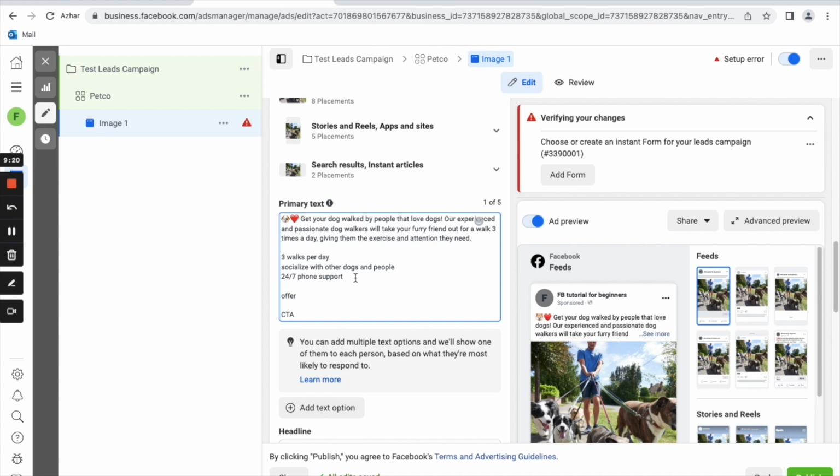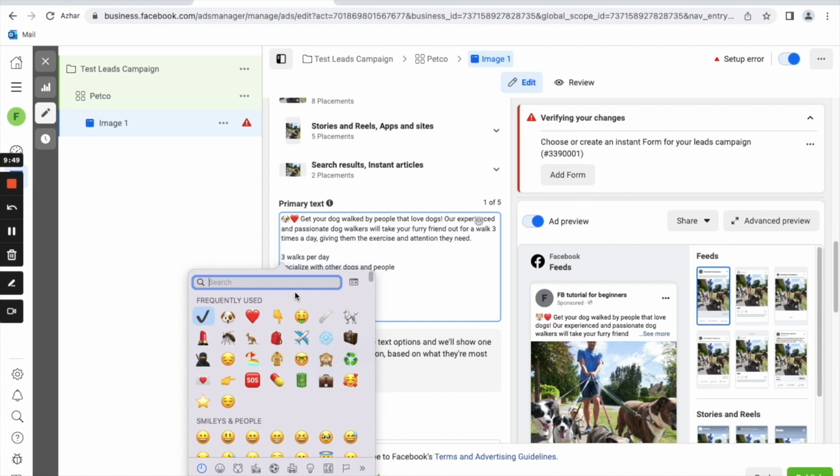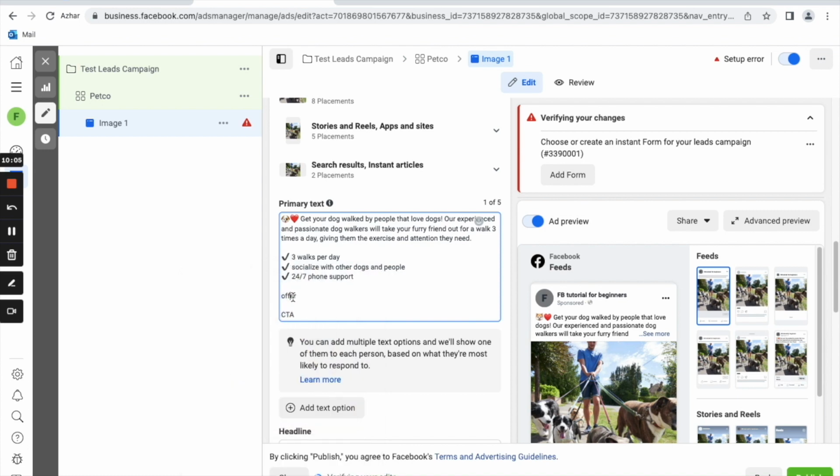I don't know exactly what people are looking for, but as a business owner, whether you run ads for your business or you run ads for clients' businesses, they probably know what their competitive advantage is, whether it's pricing, special offers, special features, or additional services. Also, what I like to do in the benefits is use check marks. There you go. Now the offer, let's say we can go with something like